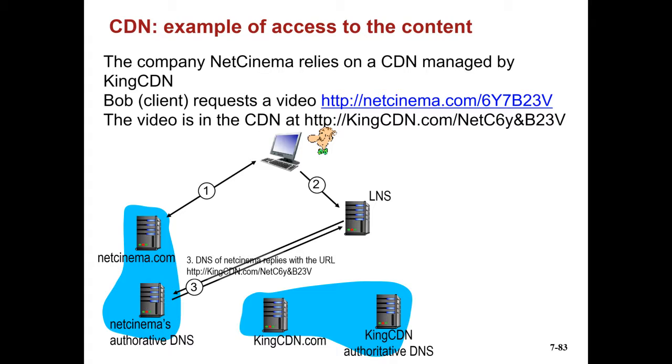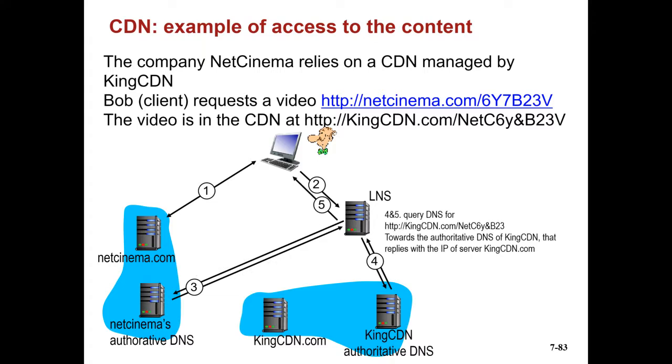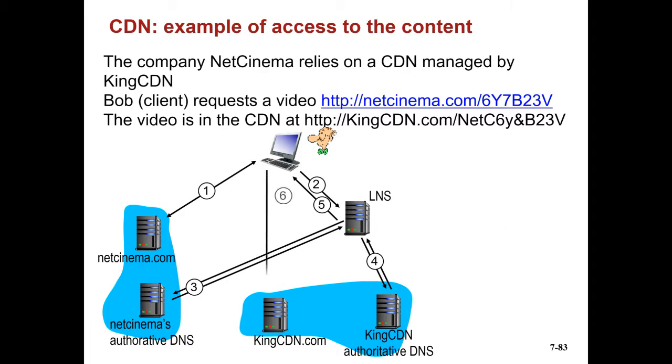The content distribution network in this case, we assume that it is provided by another company, so a specific content distribution network provider. So now the local name server of the host can query the DNS database. Finally, it will arrive to the authoritative DNS server of kingcdn, and here the final resolution can be done. And so at the end, the client of the user will receive the specific IP address, and then using that IP address, the download